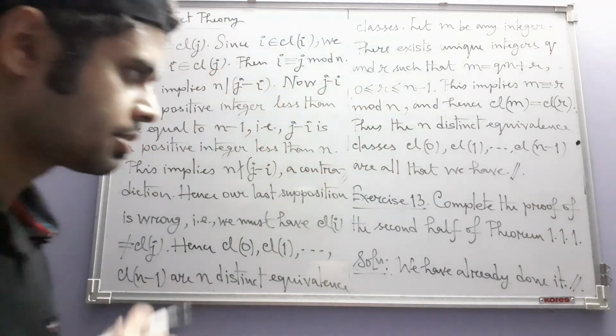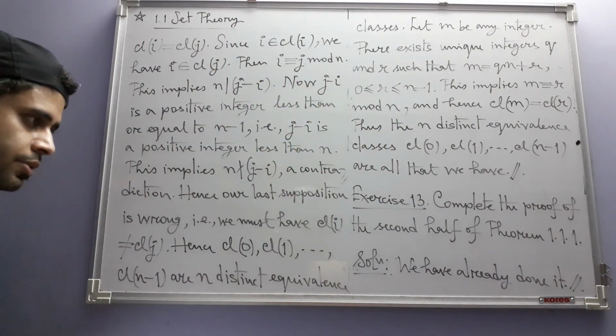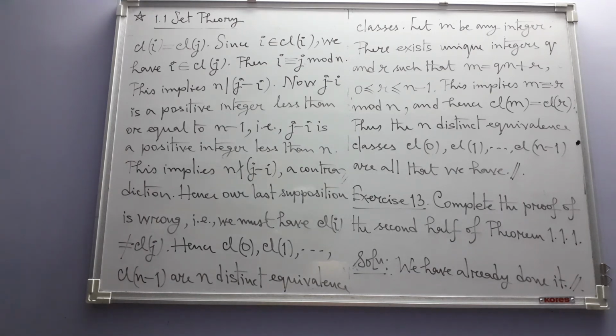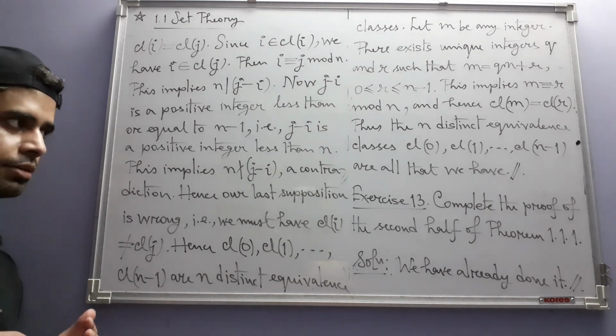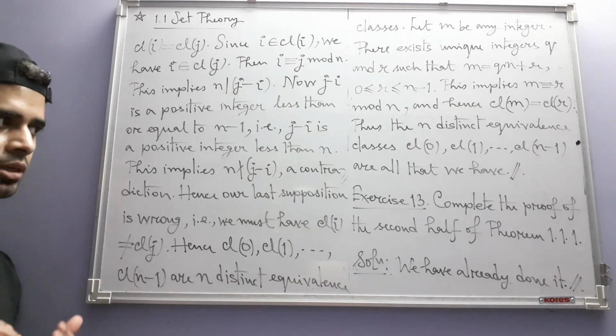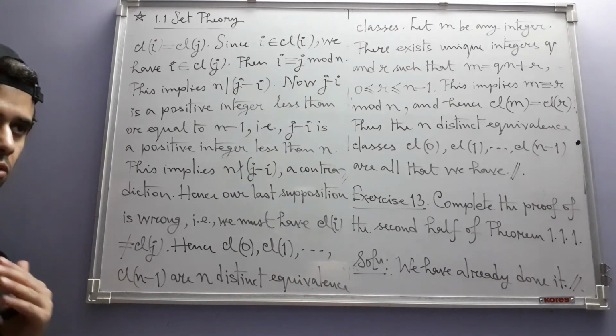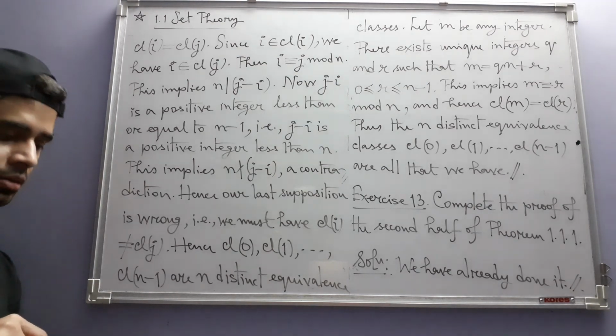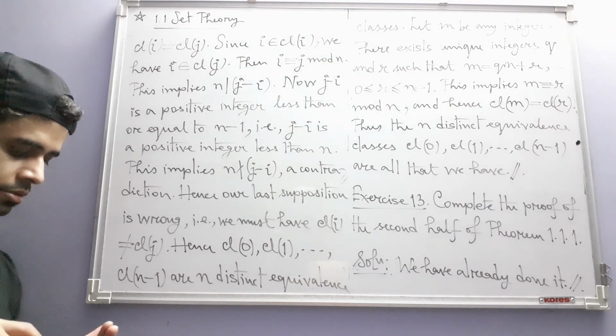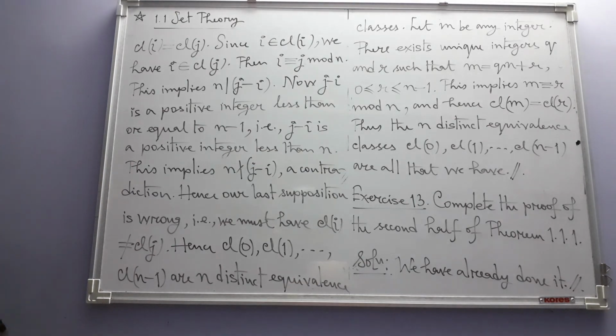So this ends the first section of Herstein's Topics in Algebra, named set theory. After this, there is that second section involving functions. We will come to it later. We will now go back to ring theory, where we are yet to see the field of quotients of an integral domain. I already said. So next we will see that.